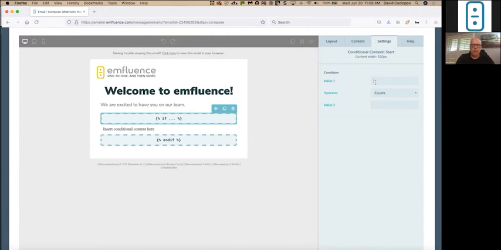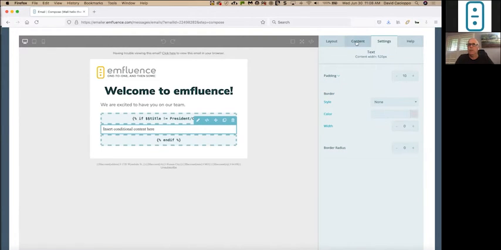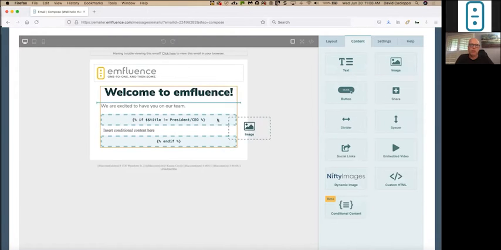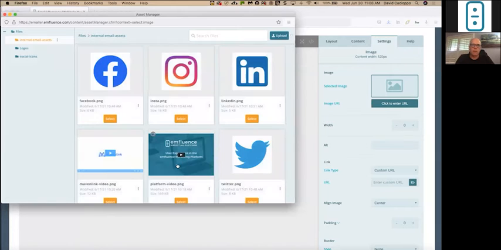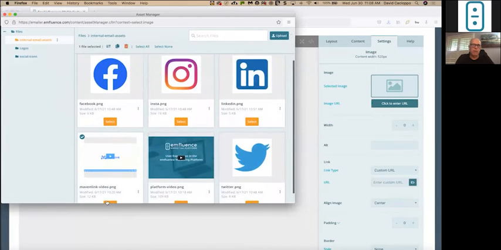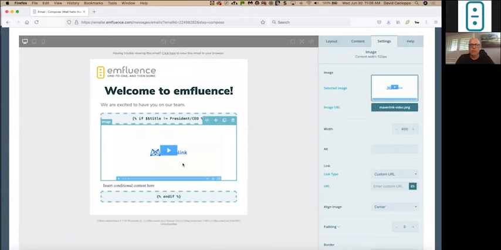So simply going to type in $sign title and equals, or in this case does not equal, and we'll do president / CEO, and then we'll put our conditional content here. So I'm going to go over to our content and I'm going to put in an image. Double click that. And we'll go to this Maven Link image here and select that. So essentially what we're saying here is anybody but the CEO is going to get a welcome letter that says, hey, go check out Maven Link, our project management software.